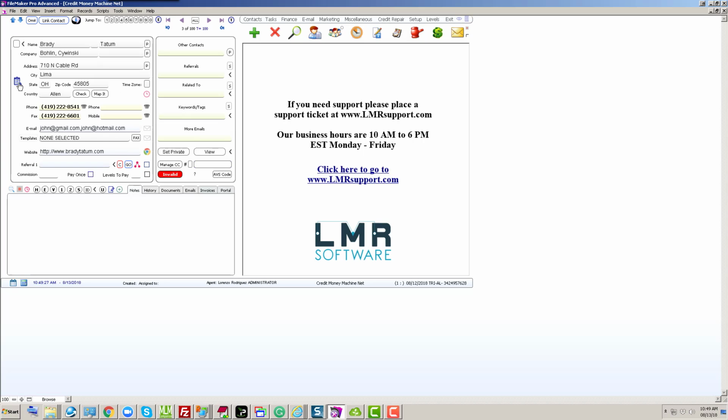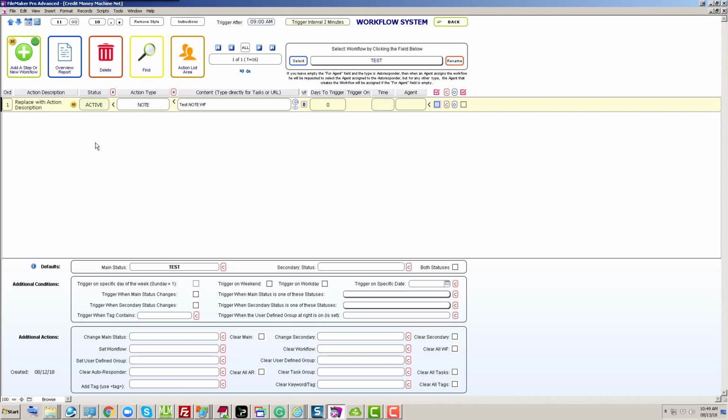It's possible to access the workflow from the marketing area, but it's also easier to do it here. And if we want to go to the workflow, we can click with a shift, as you can see there, shift click to go directly to the workflow area. Once here, we have a test workflow. When we add a step to that workflow,